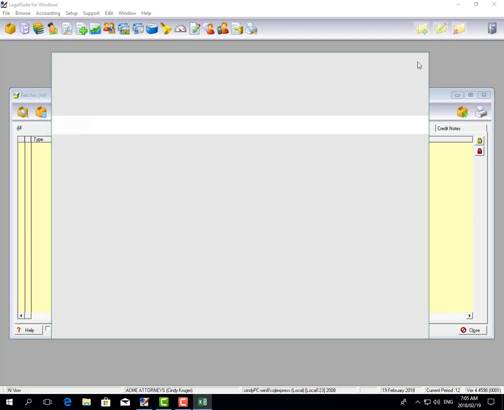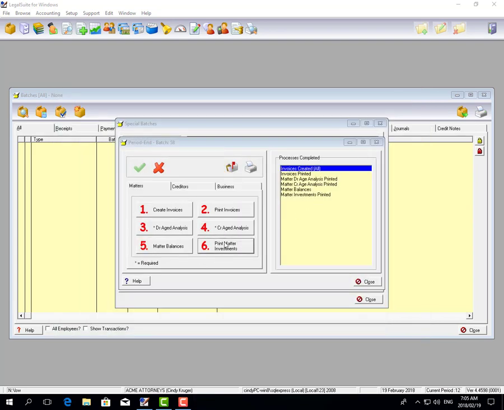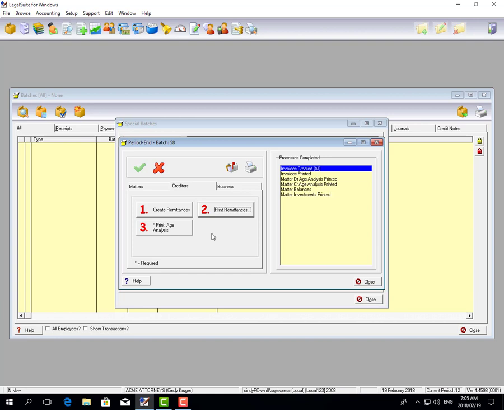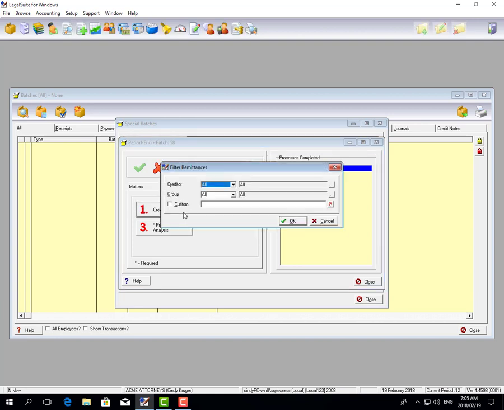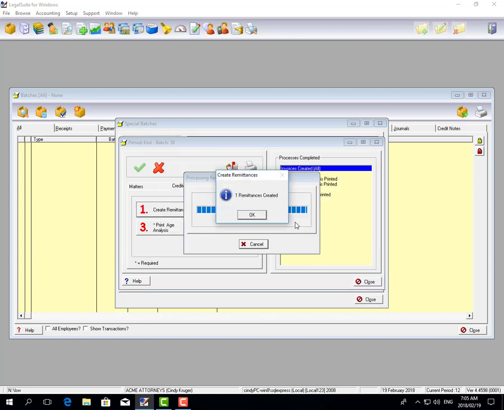So now we've finished all the processes under matters, we now go to creditors. And under the creditors, you have 3 steps. You don't have to do 1 and 2. Only if you create remittances and you send those remittances to your creditors, you have to do 1 and 2. So I'm going to go create, and it'll run through, and in my instance I've got 1 remittance that was